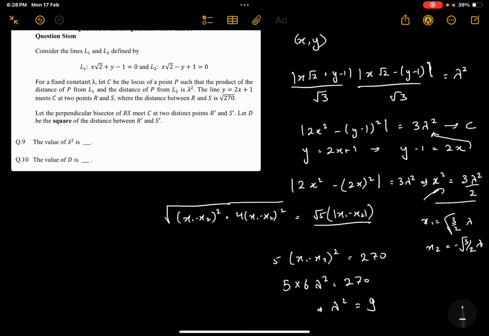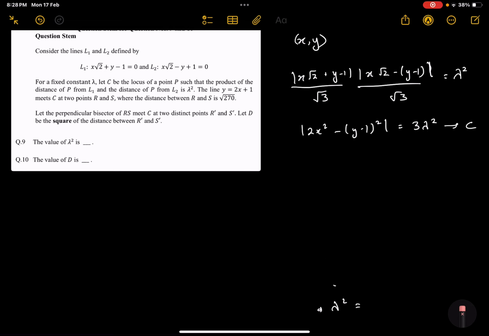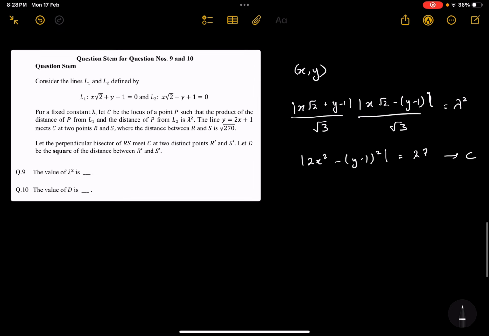So we have lambda square. Okay. So this becomes 27, and the answer of 9 lambda square is 9. We need to find the answer of the 10th question. So now